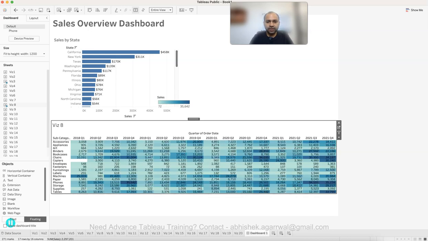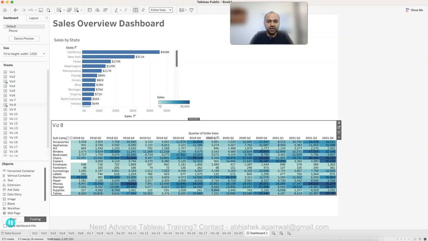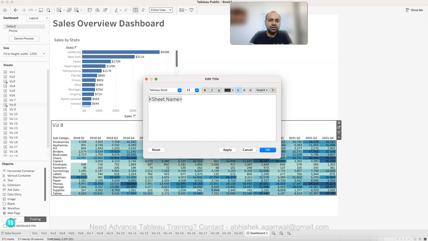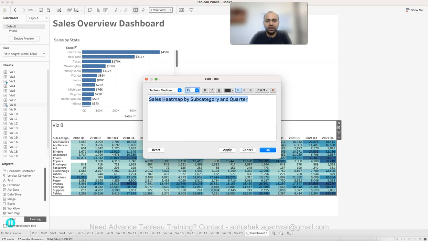Okay, now if you see, it is coming properly. So what it is having is basically the quarter date and the sales information. So we will say sales heat map by subcategory and quarter. Select this, Control A, select this, make it Tableau medium and 12, and this is just to